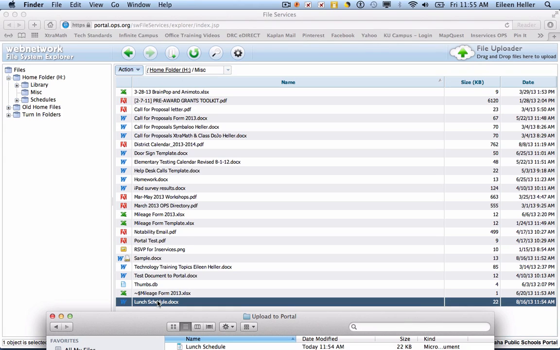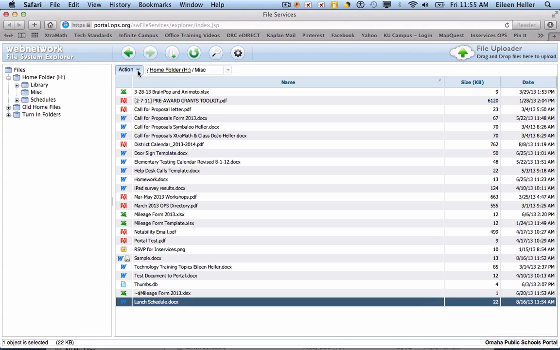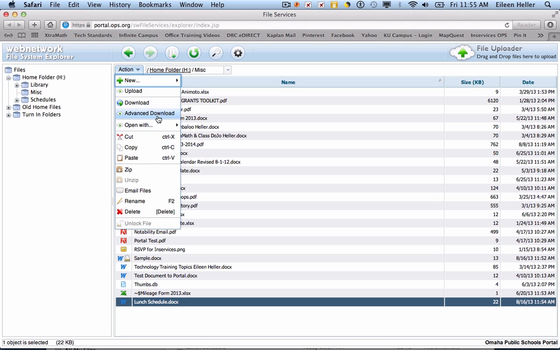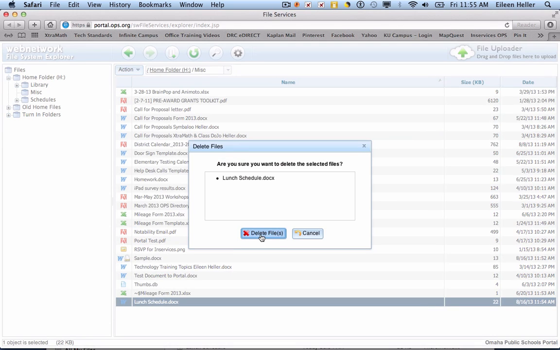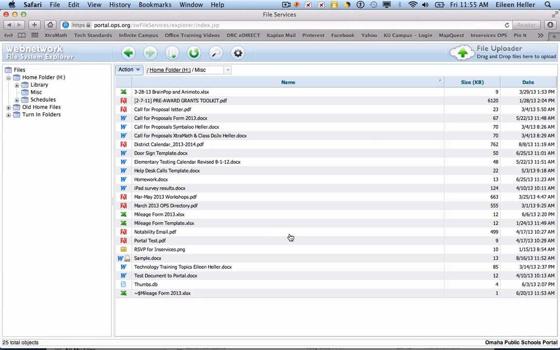It's not a problem though, because inside I can click on the file, and there's some actions. Up at the top in the action window, I could do a couple things. I could cut it from here and go paste it into another folder, or I could delete it and go through the upload again. So that's one way that you could upload, but remember to make sure that you're in